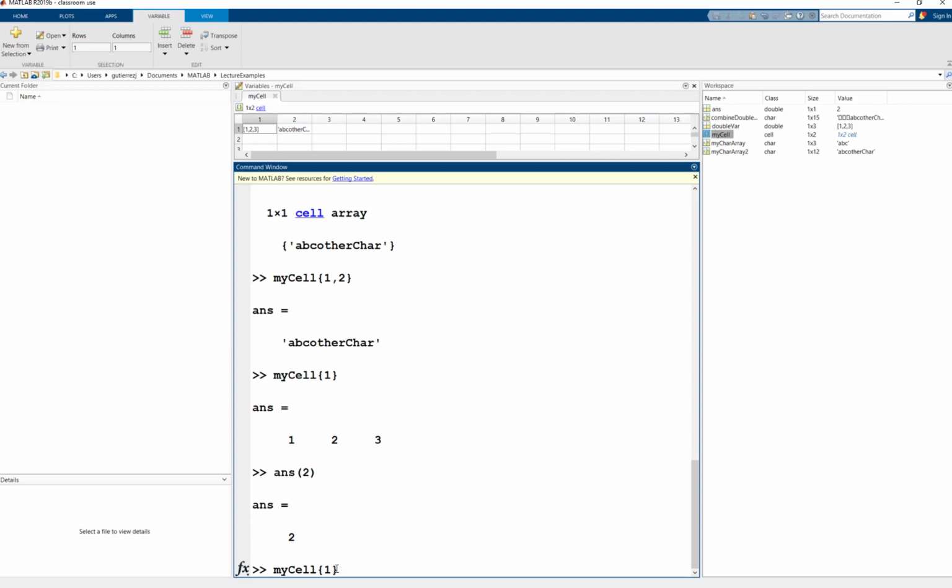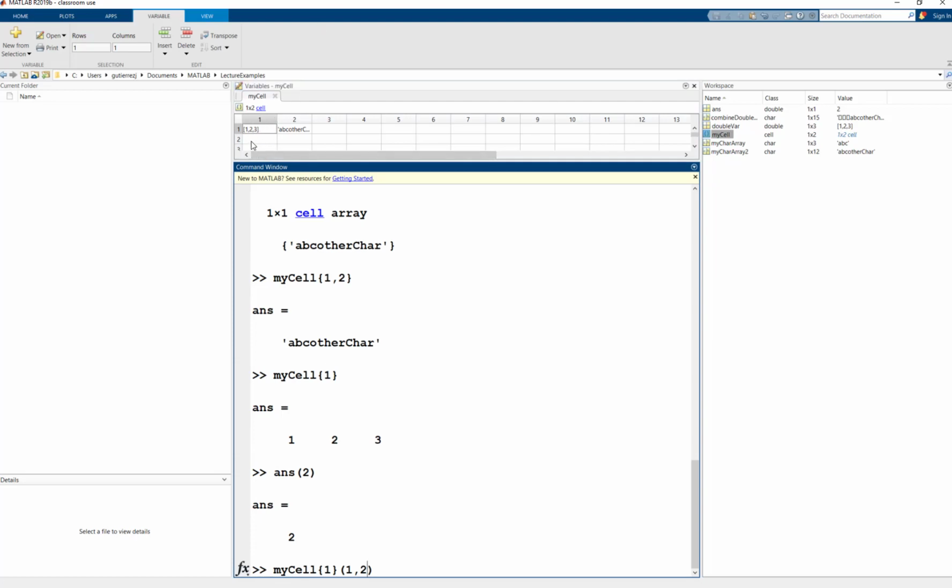So it doesn't work if you use the smooth braces. We can almost think of this as a variable name now in our head for whatever resides within this first address of our cell. And then we can index on top of that, since it is a double array, using just these smooth brackets. And so we could say row 1, comma 2. And what this will pull out is the 2